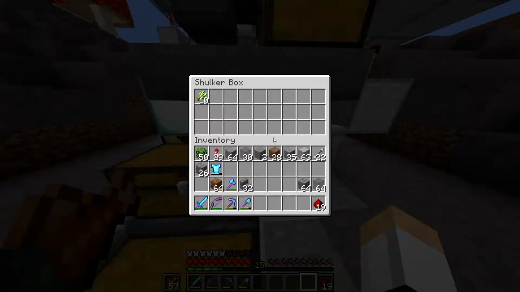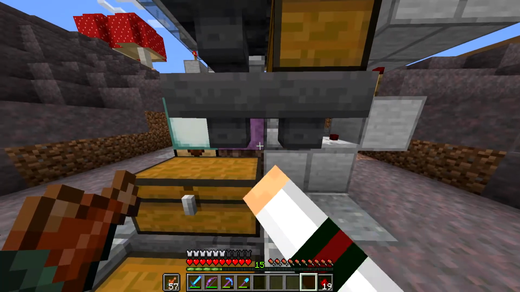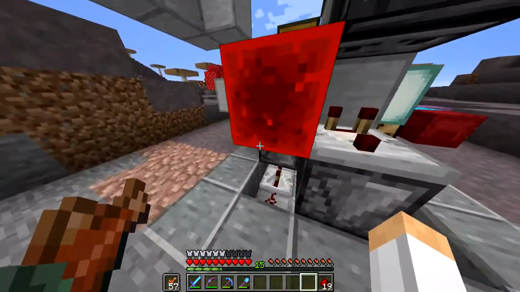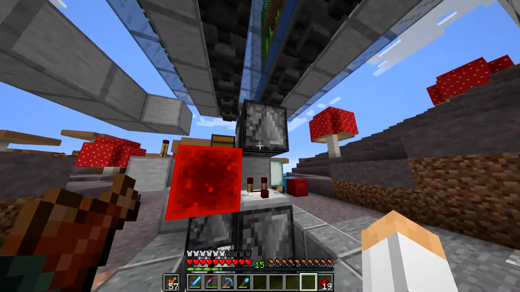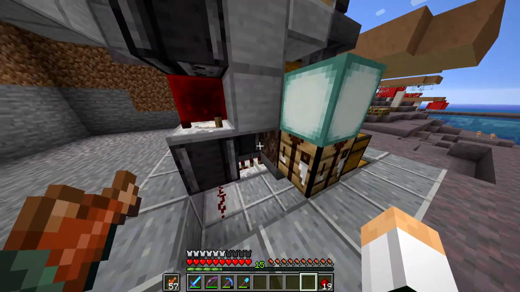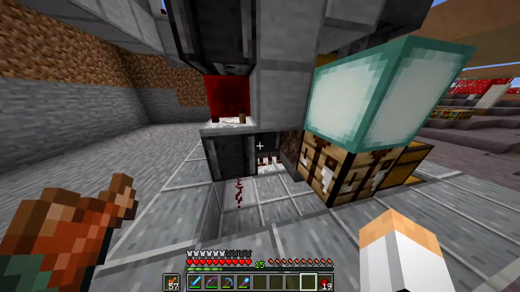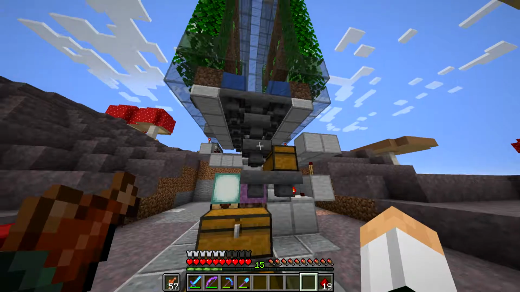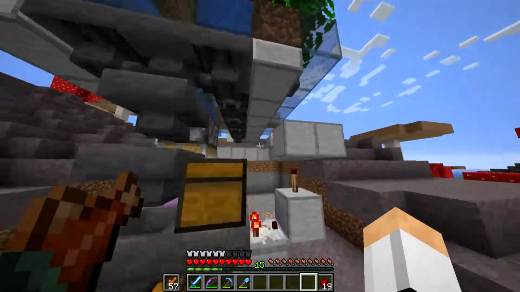The good thing about this design is that you can interact with both of these, and it's really compact. So this is all it is. It's only 3 observers, 1 redstone block, 1 sticky piston, 1 dispenser, and 2 repeaters, and some redstone dust. So yeah, I'm kind of happy with that, and hopefully we can make use of it in all of our